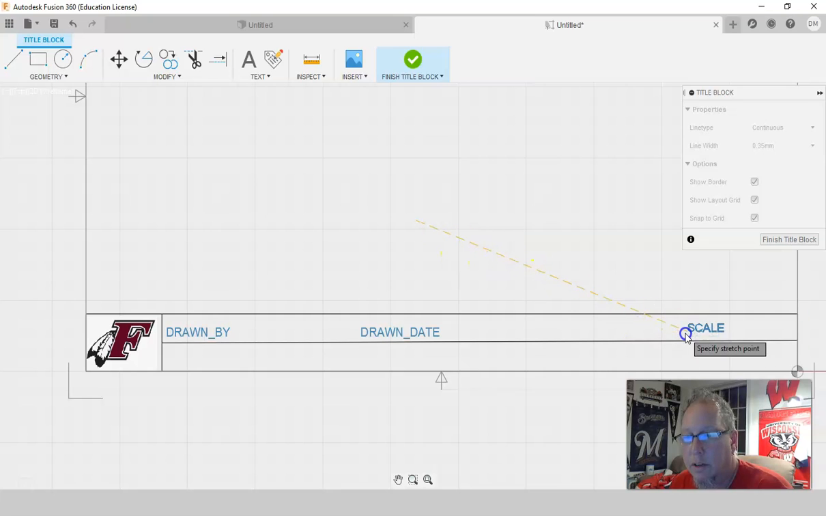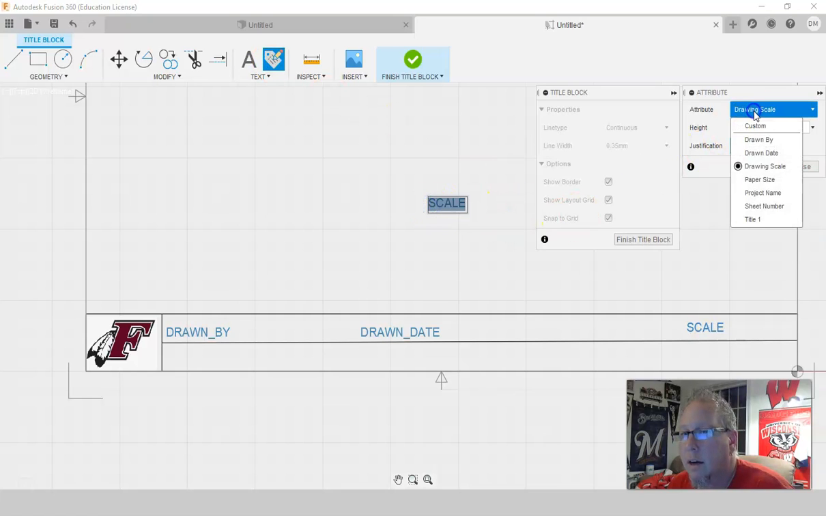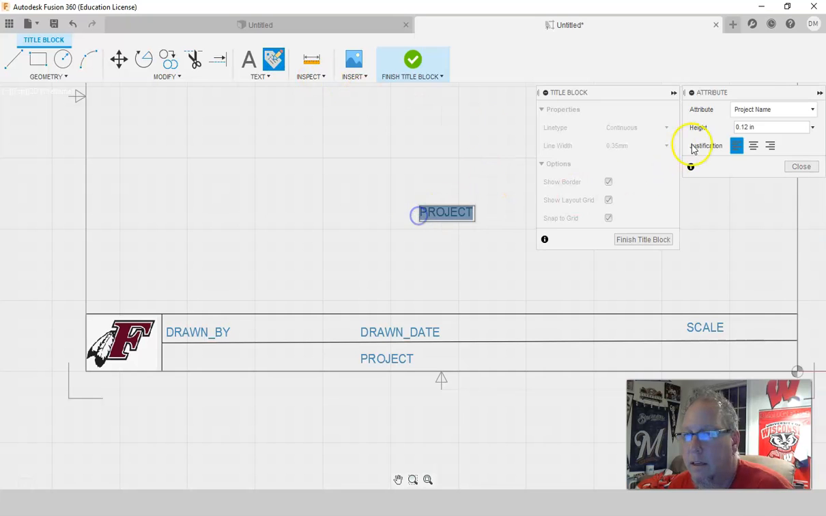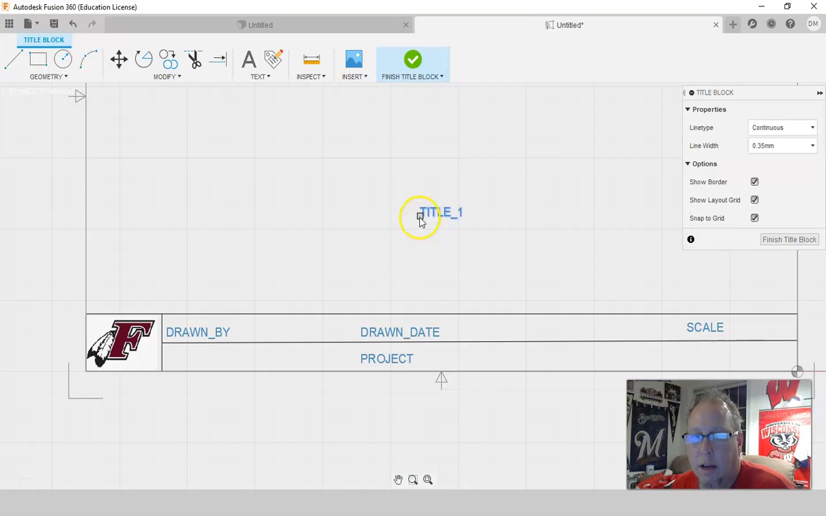I'm going to put that somewhere over here in my dialog box. Another attribute, click, is the project name. Click. So we'll put that right down. I might actually put that underneath where it says the drawn date, and make them line up there. And then the last attribute that I'm going to put in, click, is the title. The project is going to be your overall main project, and the title is the actual title of the specific part. So now that I have these down here,